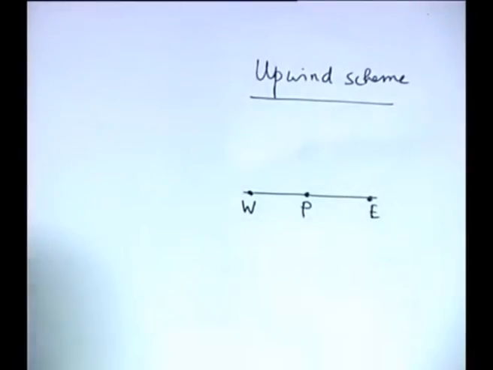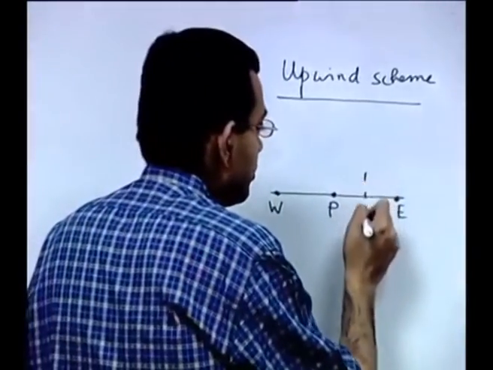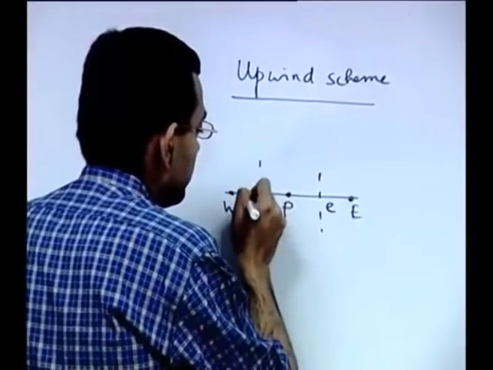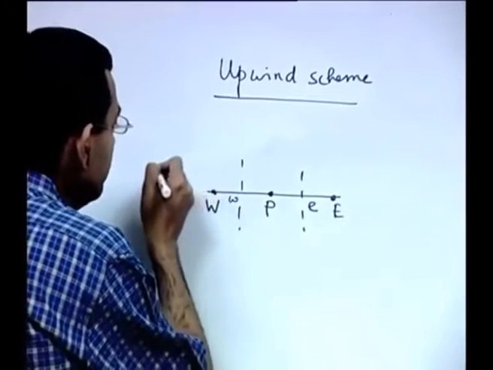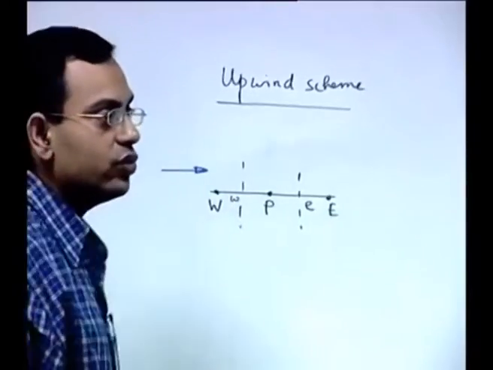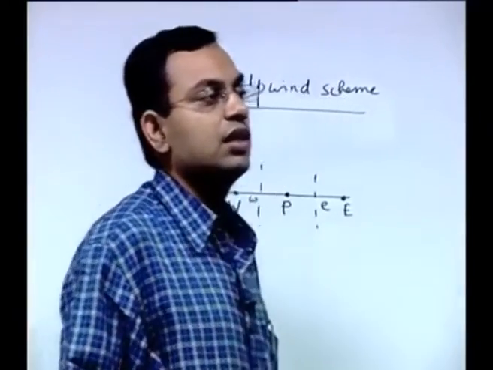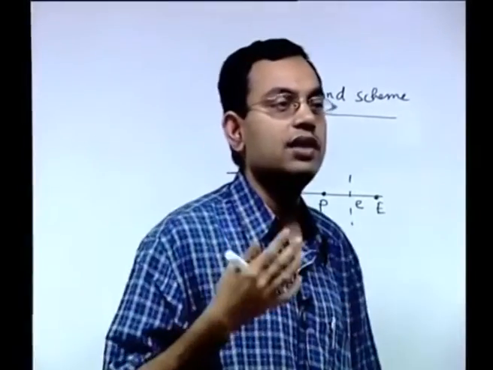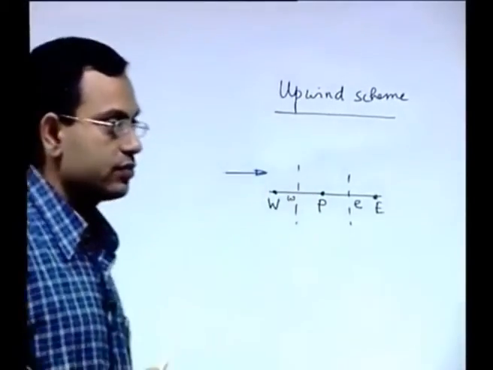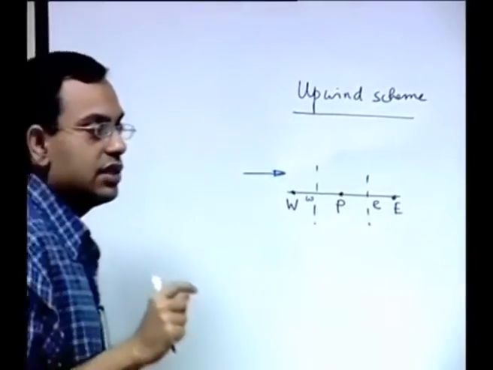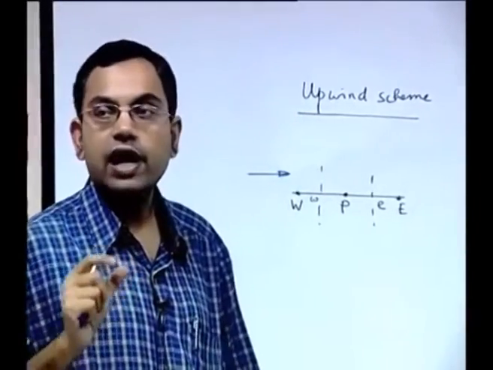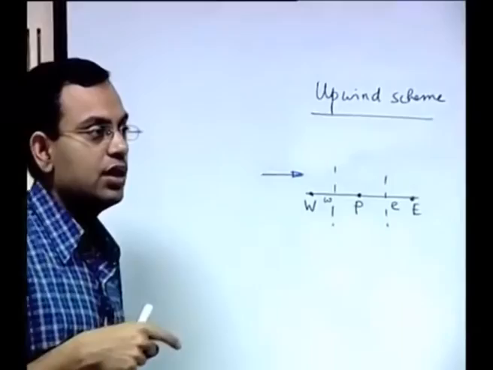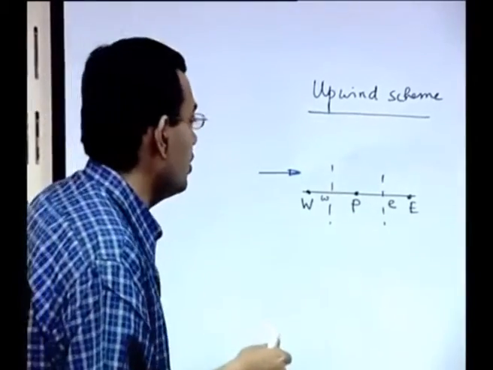So, if we consider a grid layout like this, the idea of the upwind scheme is to make sure that based on this grid layout you obtain a discretization which does not violate the basic requirement that all coefficients must be of the same sign. We identified through the central difference scheme that the origin of the problem was associated with the discretization of the advection term, and the upwind scheme tries to deal with it in a somewhat different way.